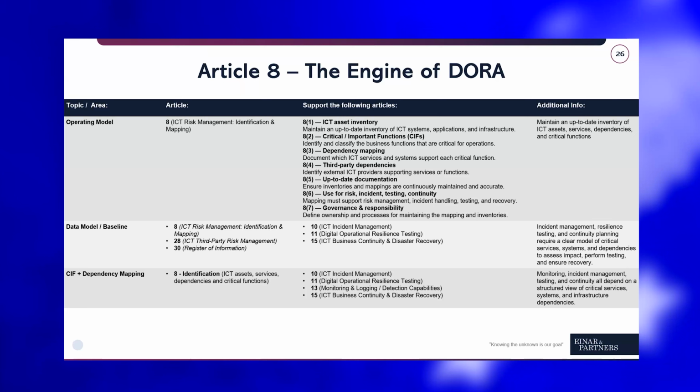So looking at the different IT components that are involved, different applications that it's depending on, which infrastructure it actually needs, really making that full picture and also linking it to the contracts. So really doing that identification part of DORA Article 8. And then we can also quickly show to the organization that afterwards they can use that data. So they can use that in the ICT incident management process.